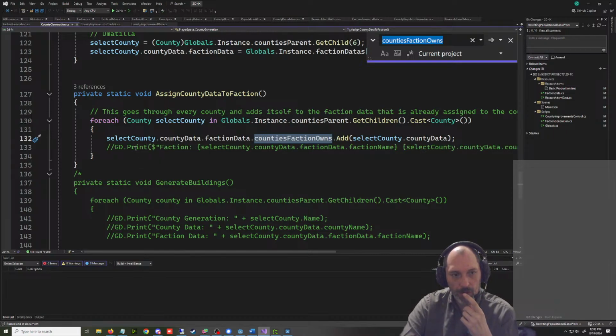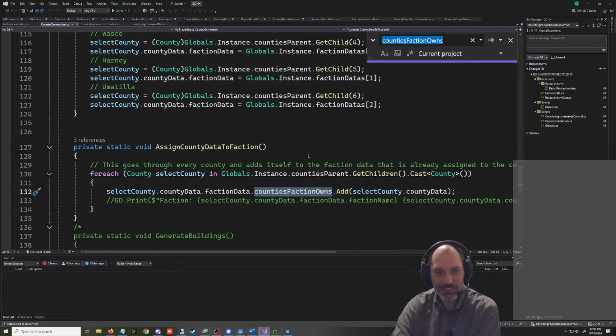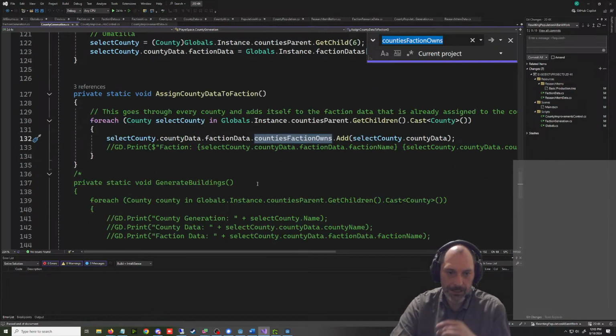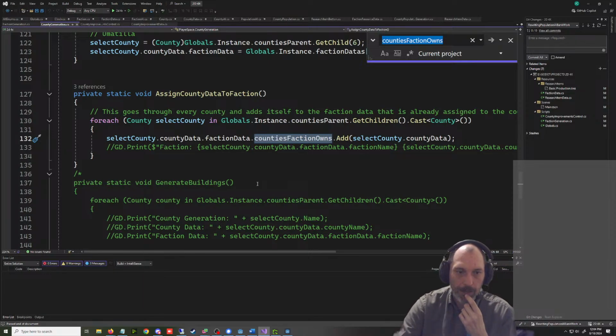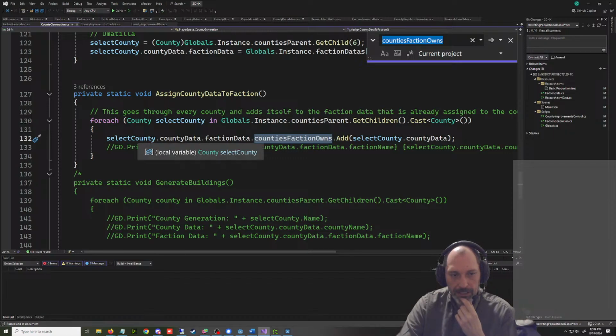Okay, so this one I really liked this code. I remember this, and I was like, I really like this code. All right, maybe it's not that exciting. So this is under county generation, and county generation hasn't happened yet. So that's the problem. I really like this code until it doesn't work. Basically, it goes to the county, and it looks what faction it's in, and then it adds itself to that faction. But then in faction generation,